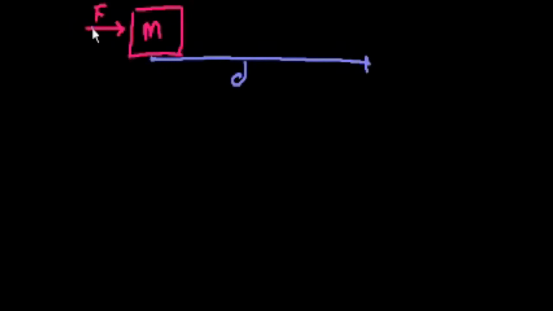So I'm pushing on this block with a force of F for a distance of d. And what I want to figure out is, well, we know what the work is. By definition, work is equal to this force times this distance